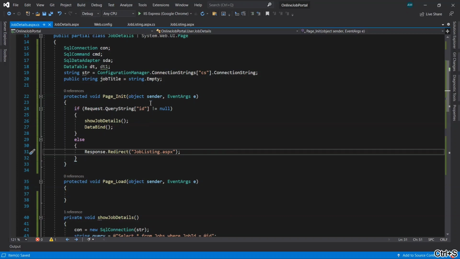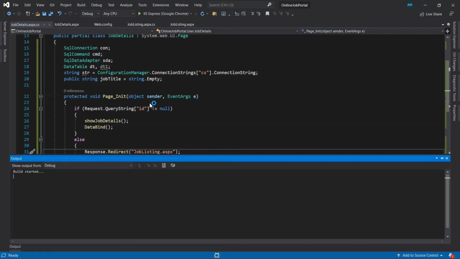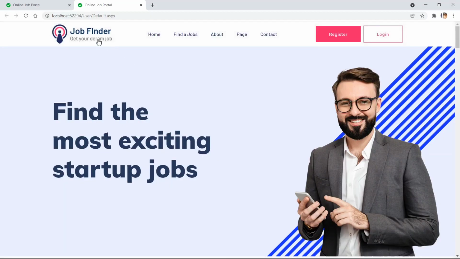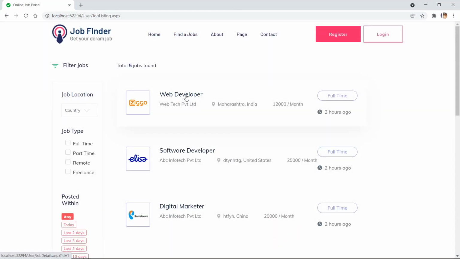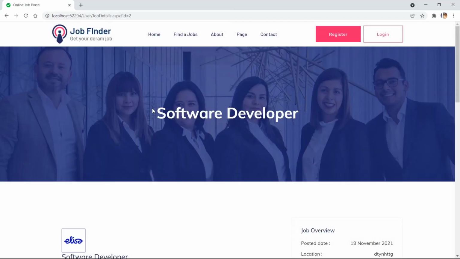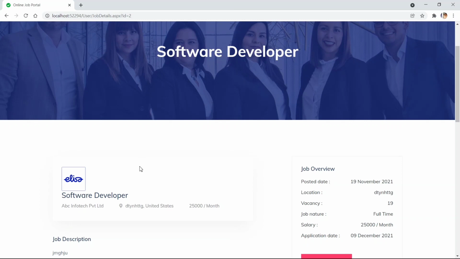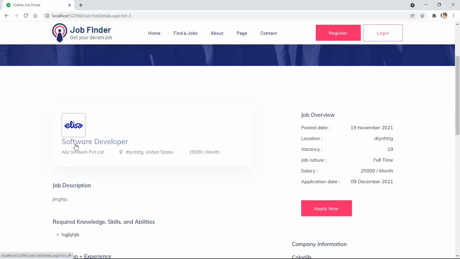Now let's run it and see. We can see here the job title appears at the top of the image, and the image is also now displaying here.